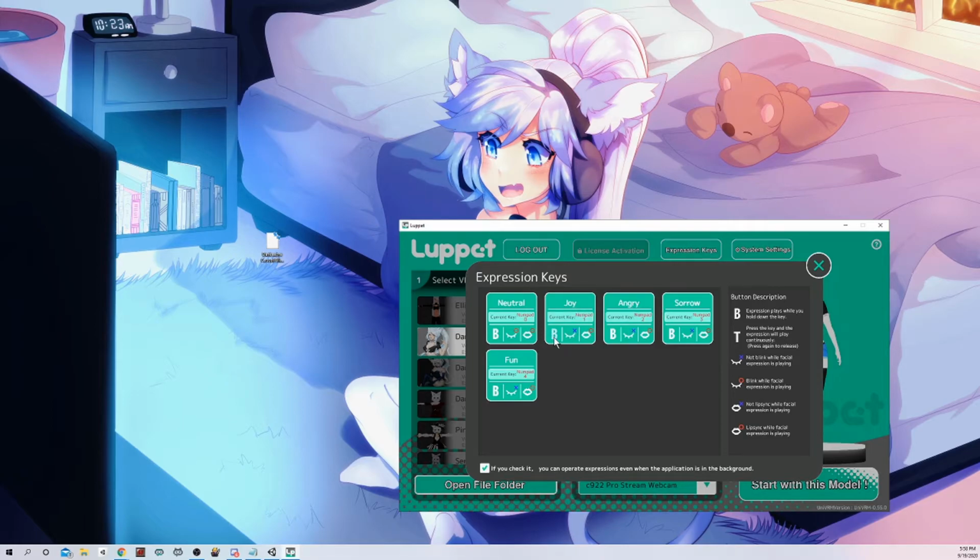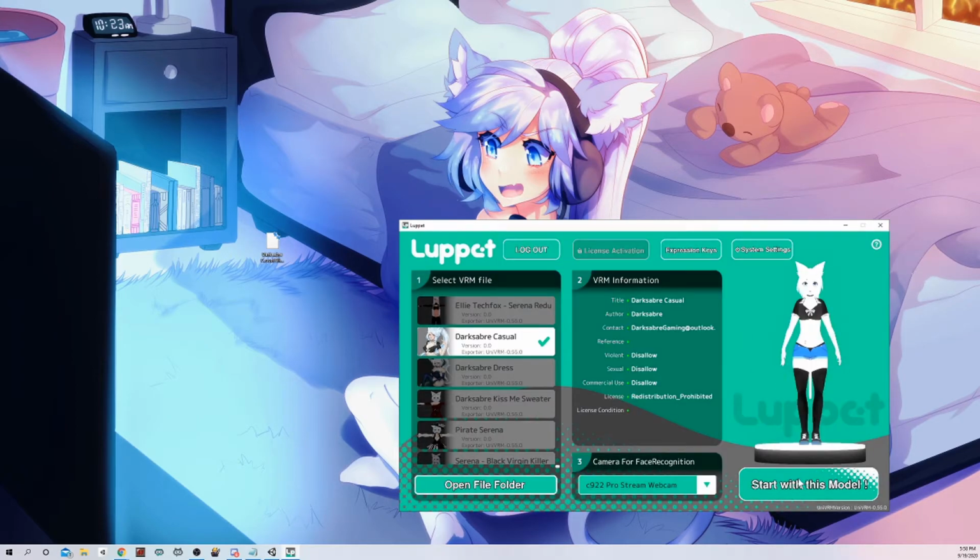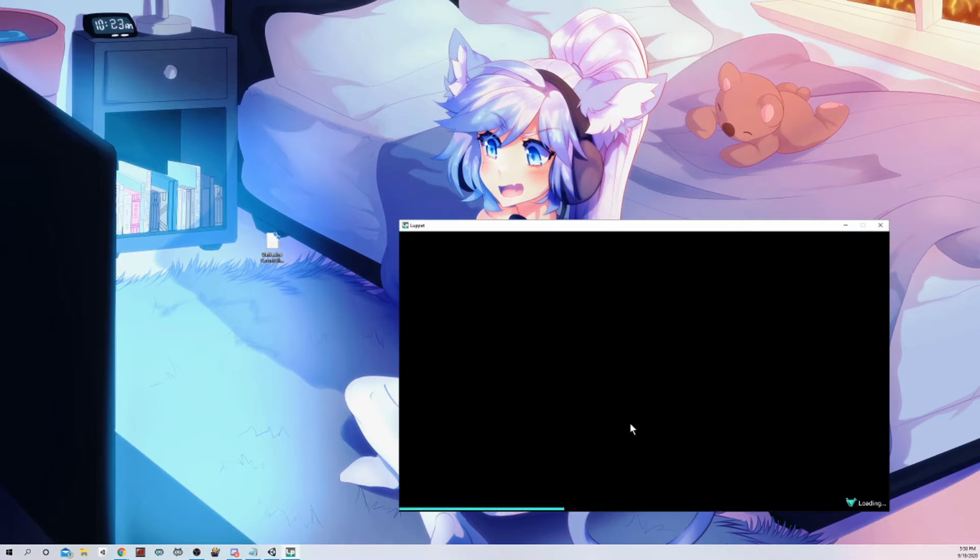But here you've got basically whether or not the key is toggle or hold, and you can see the descriptions over here. This little symbol basically tells whether or not your character can blink while you're in that expression. So like my happy face with the eyes shut, I don't want it to blink because it would look weird, right? So if I'm holding that key down, I don't want it to blink. The mouth is basically if you want its mouth to move while you're holding that expression. So those are all personal choice, and here's the description. You just choose which one you want. When you're ready, you do start,